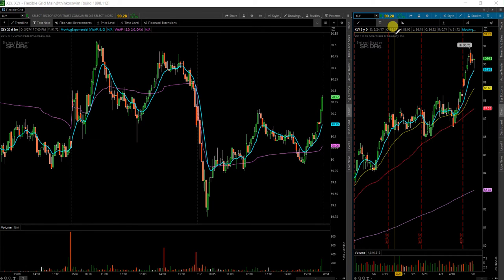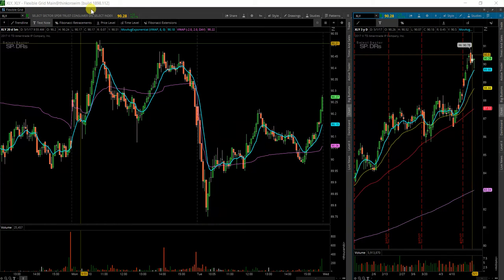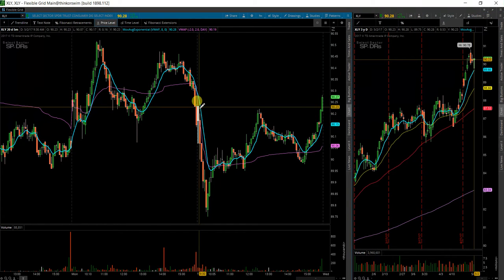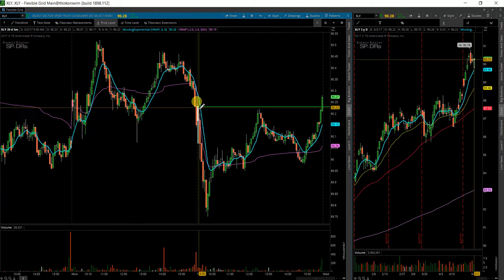Next I have here is XLY, the SPDR Select Sector Consumer Discretionary ETF. Nice little breakout formation setting up here intraday. Basically looking at this level right around here, 90.25 to 90.20, just off of the high, or the opening high,